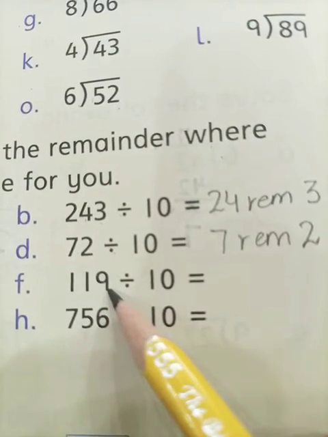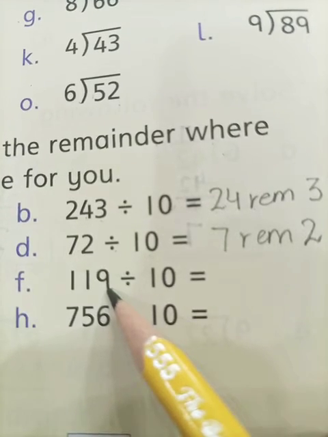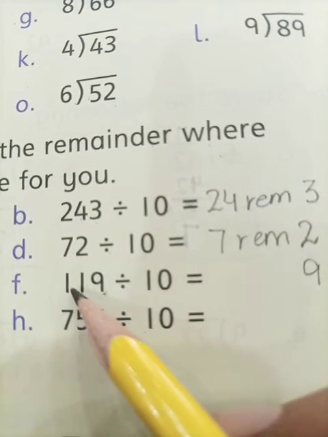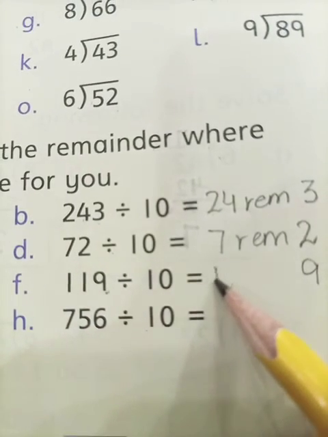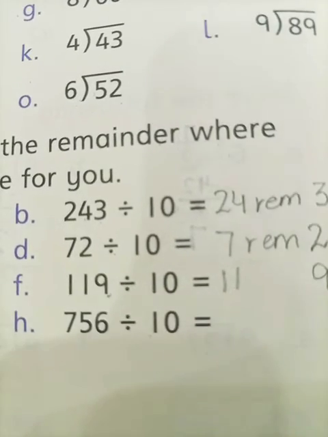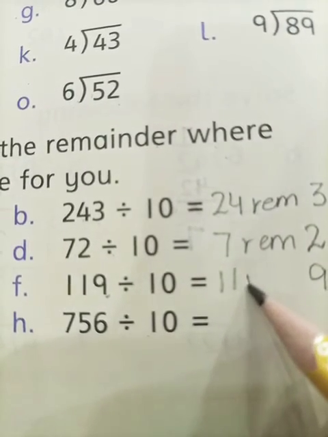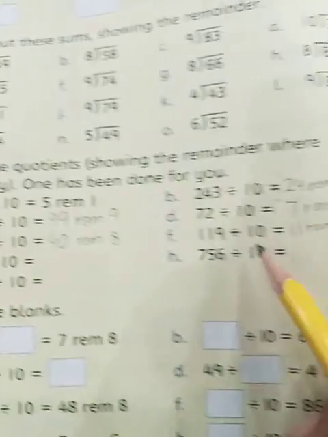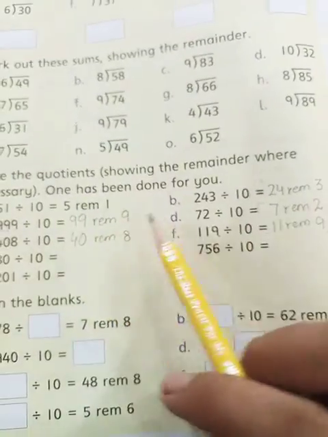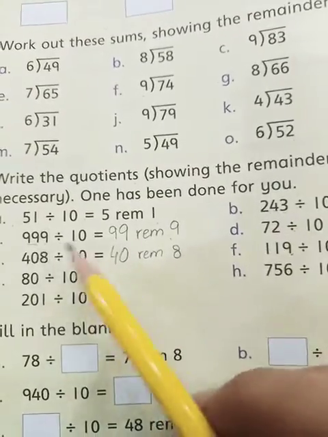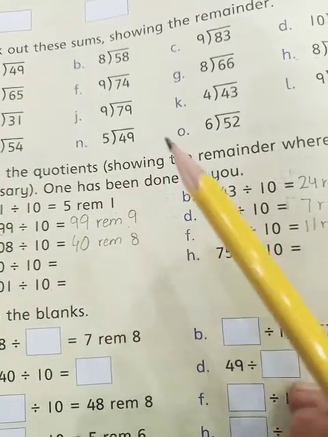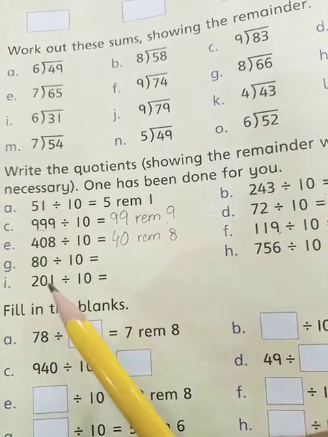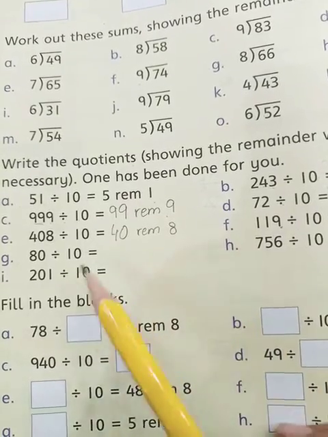Students, here is the number 9 at the far right side. So I am writing it in the place of the remainder, and the remaining number, 11, is the quotient. Okay. So students, we have solved our question number 7 till part F. Students, you can solve these questions both ways, by this logic and also by the long division method. Okay. The remaining three, G, H and I, are your homework. You are going to solve these by yourself.